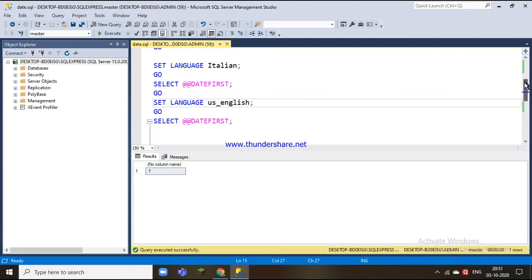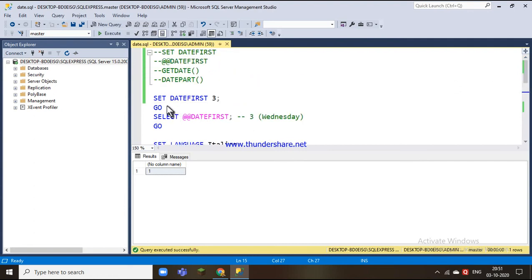With @@DATEFIRST we have set 3 as the first day of that particular week. It has a specific representation: Monday as 1, Tuesday as 2, Wednesday as 3.